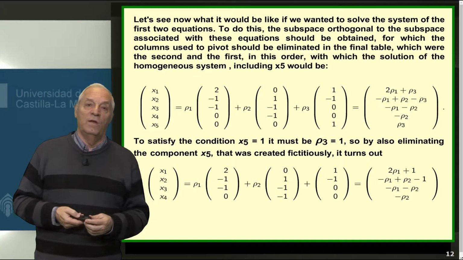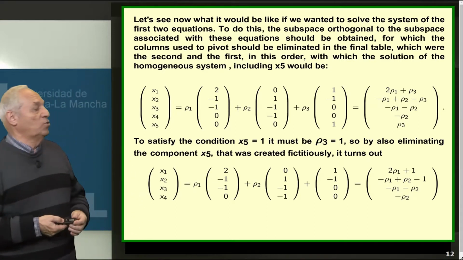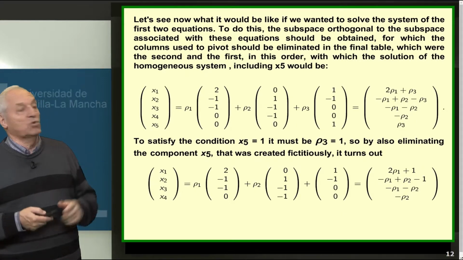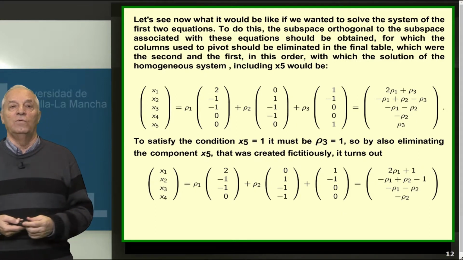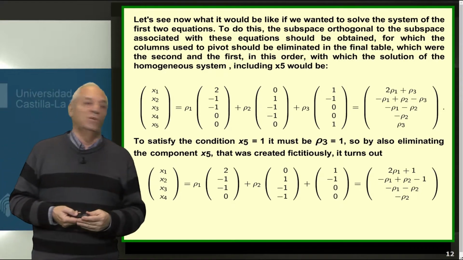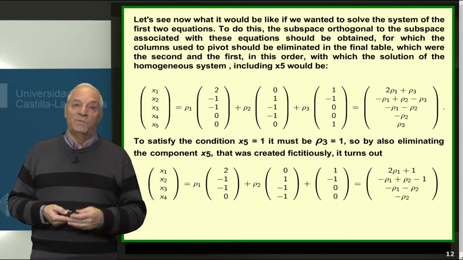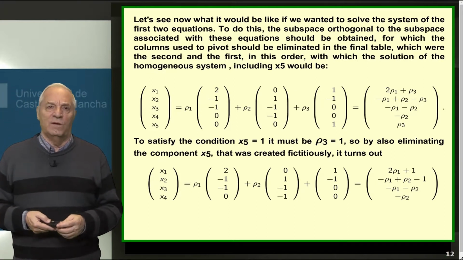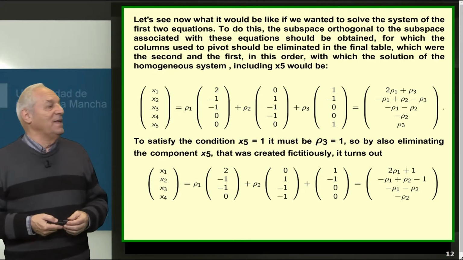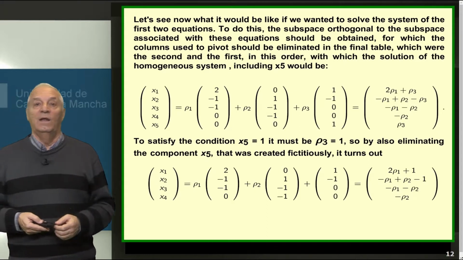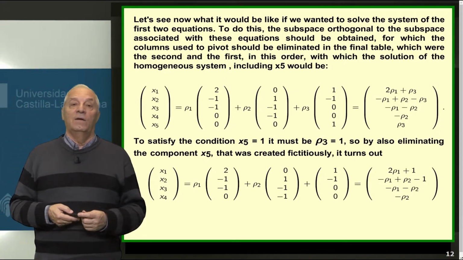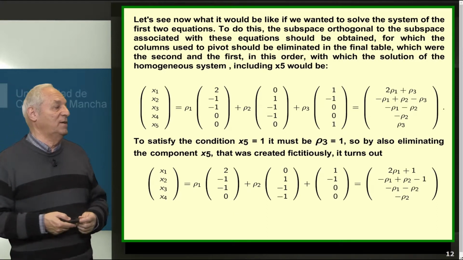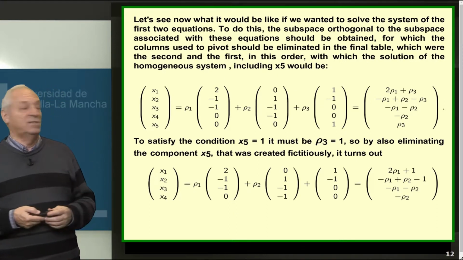So, if we want to impose the condition x5 equal to 1, we go to the last component, which is the x5, and that is row 3. Then x5 is equal to row 3, and since it has to be 1, row 3 must be equal to 1. Therefore, in the previous expression we put row 3 equal to 1; you cannot put any row coefficient, but the value 1. Finally, we have to remove x5,